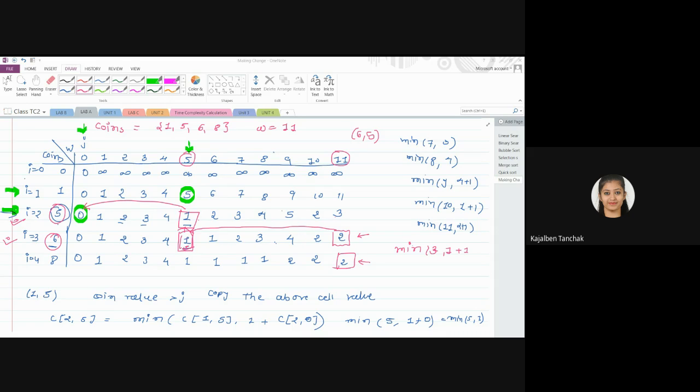Yes, Rakesh, do you have any question? Dwarkesh, do you have any questions? Then ask. So I guess till here everyone is clear. Yes or no?